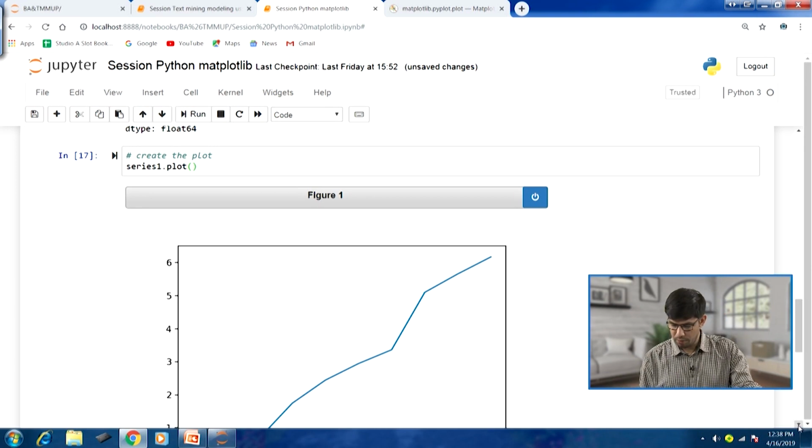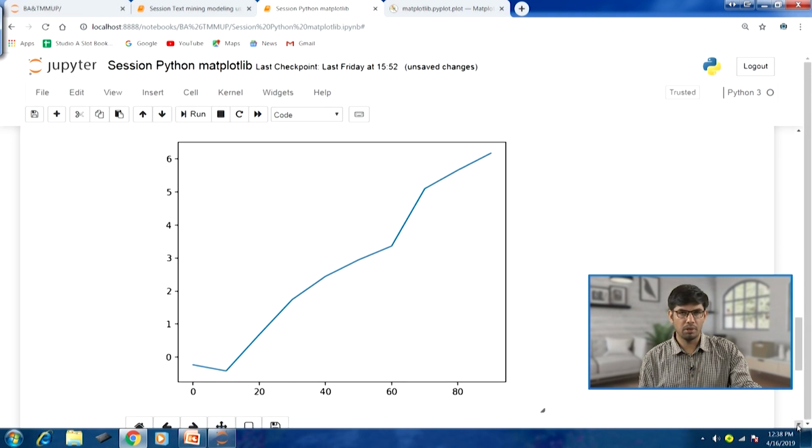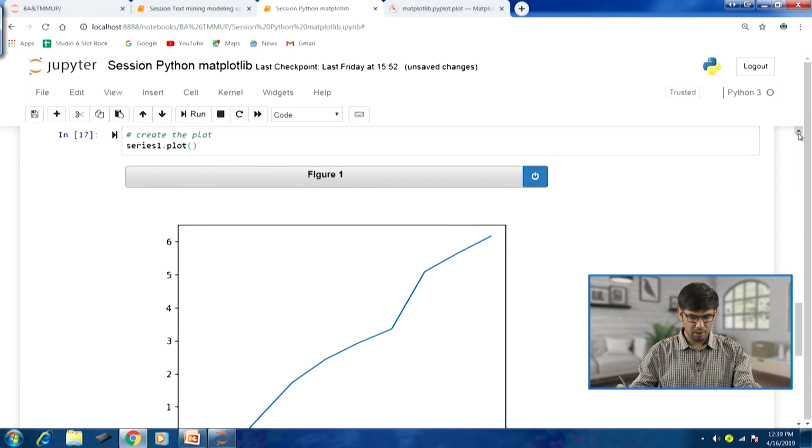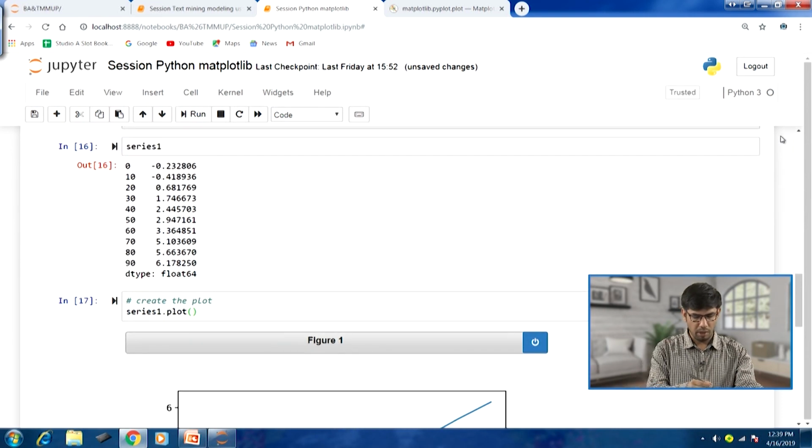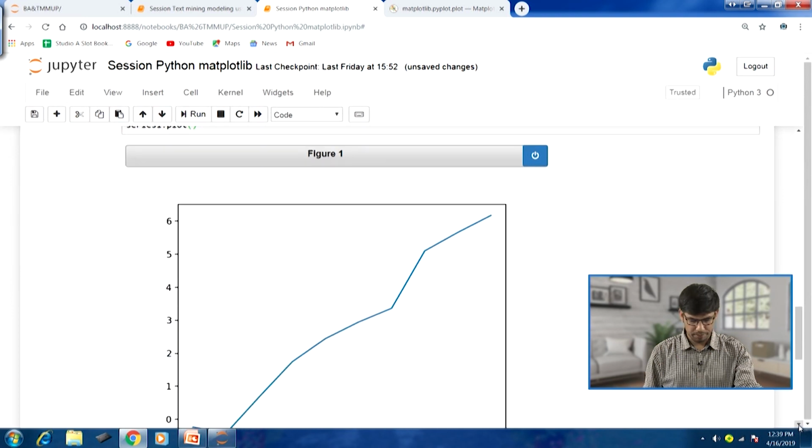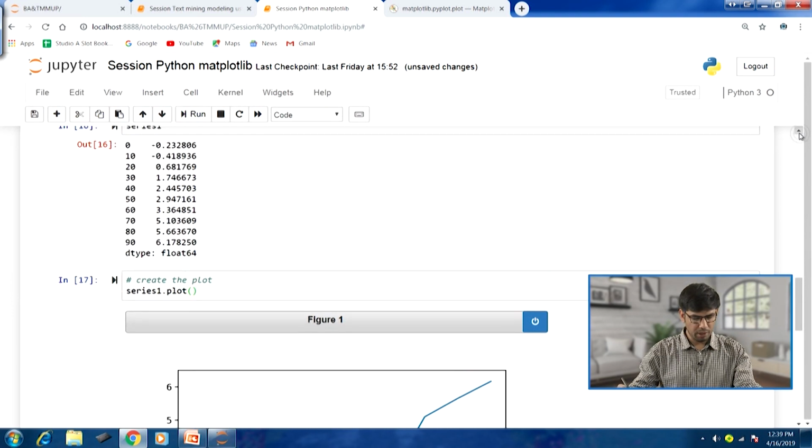You can see the functionality is essentially built on top of the matplotlib library, and you can see the indices have been plotted along the x axis. That is why we had those particular indices, to clearly display the kind of plot that we are going to generate. So, you can see indices along the x axis, and the values that we have, you can have a look at the values in output 16, those have been plotted along the y axis. You can have a look at the range. The range starts from minus 0.23 and goes up to 6. So, you can have a look at the plot.